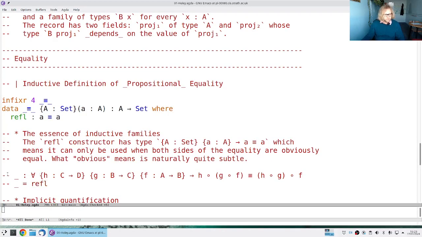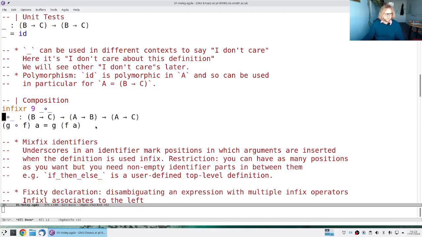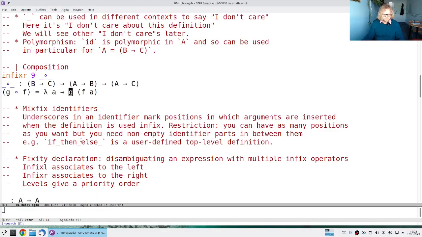Here's another example, which looks a little bit trickier. We see that we had this notion of composition from lecture 1, which we define like this. And another way to define this, of course, is to say this is lambda A goes to this. And what we had down here